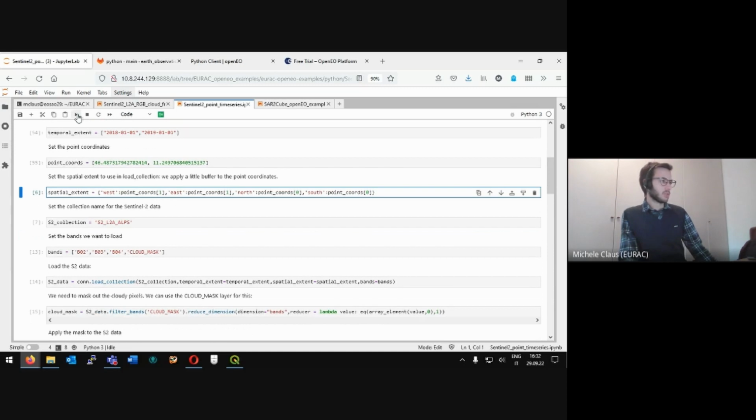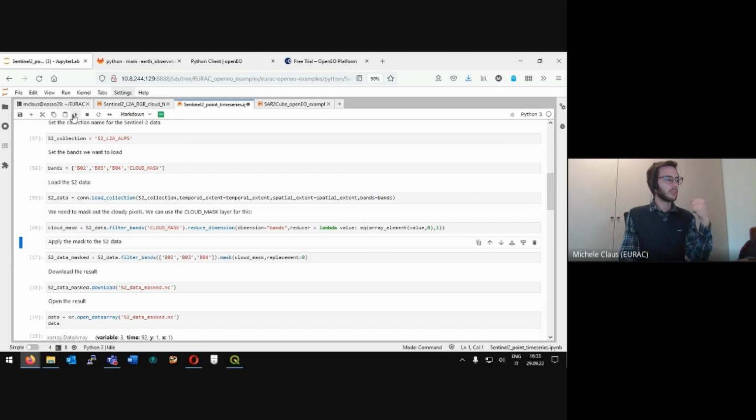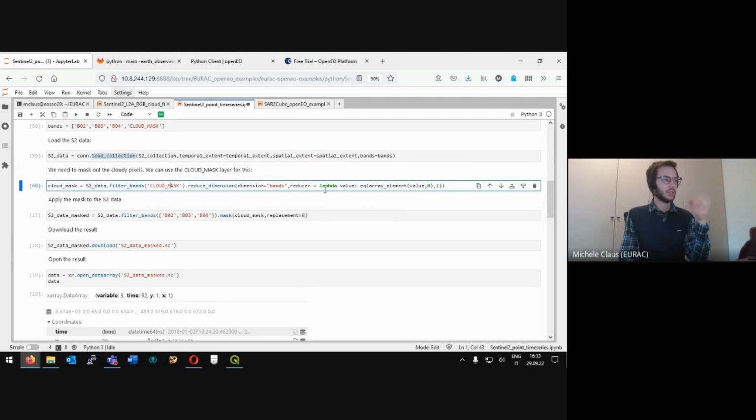So we just create some variables with the coordinates. Again, we always use the same collection. We use again the RGB bands and the cloud mask. We do the same thing as we did before to filter the clouds. So we apply the cloud mask to the data that we load with the load collection step. And here, as I was doing before, we create this cloud mask, and then we apply it to the